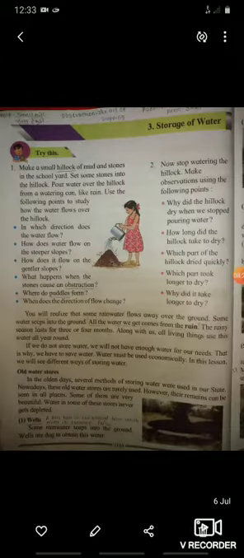Now on the next page, water tanks in forts. People lived on the hill forts in the past. They also needed water. The forts had